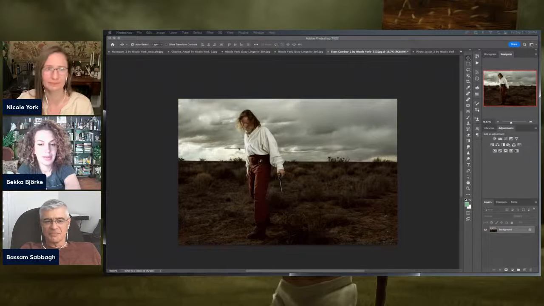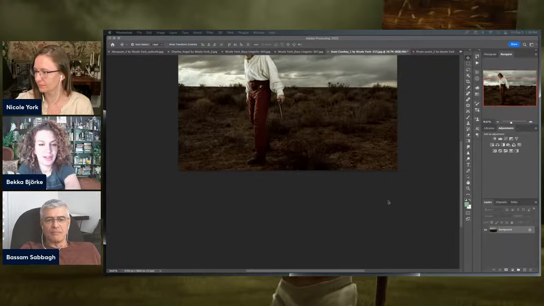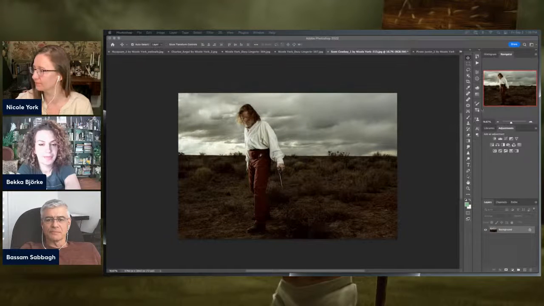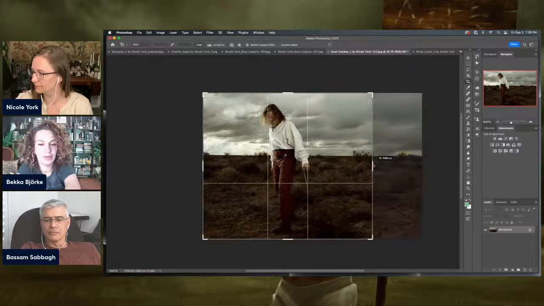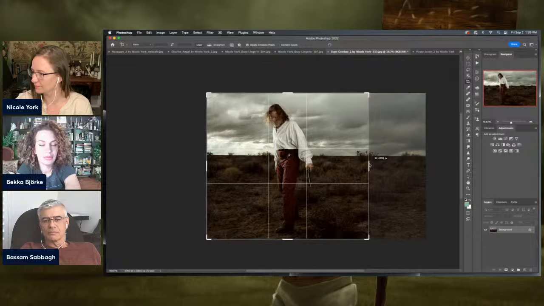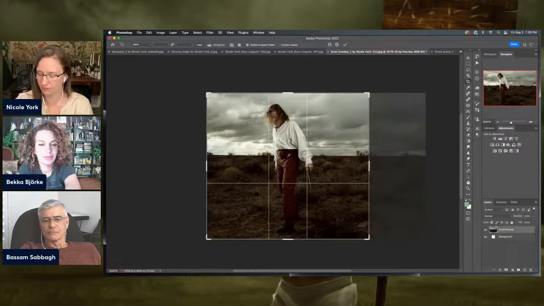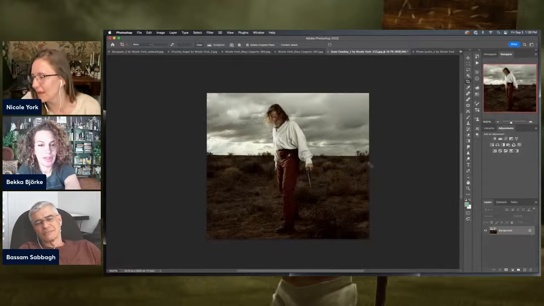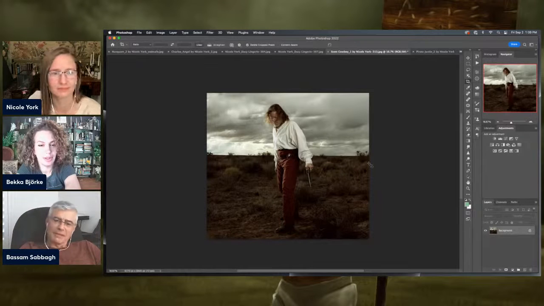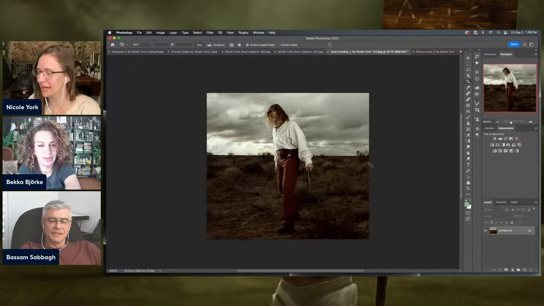Can I make a request? Yes, ma'am. For impact's sake, can you center crop that? I know I won't like it, but I feel like it's important. Nope. Not that it's bad, but now it's no longer telling a story. At least not in that same way. Yeah, I would agree.